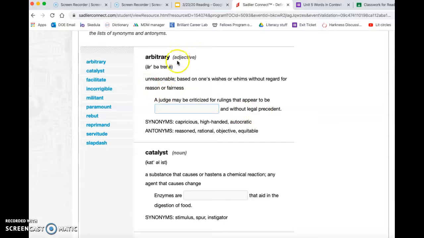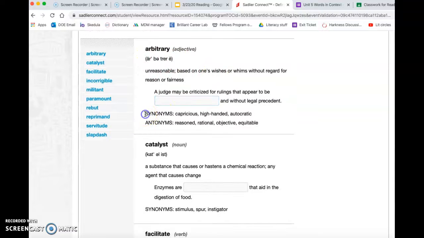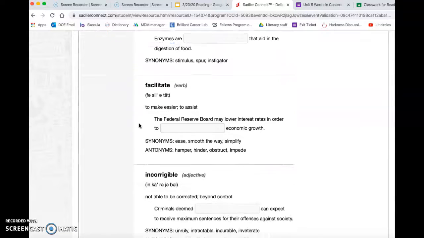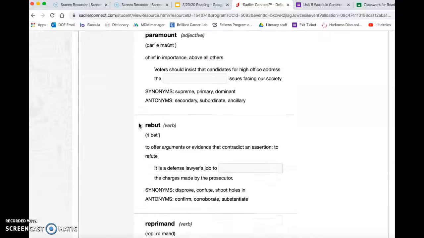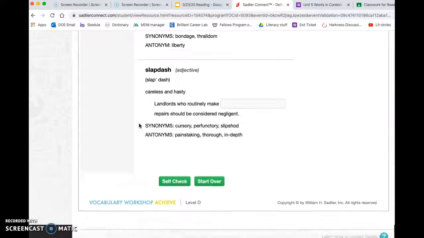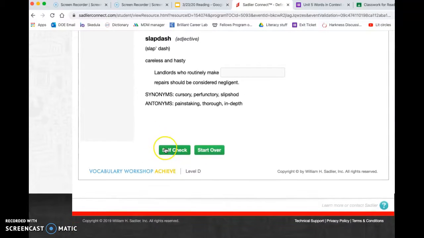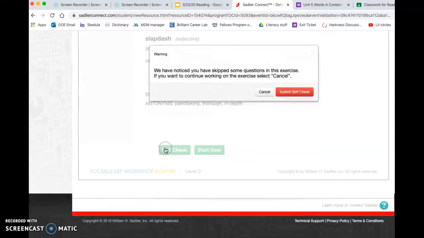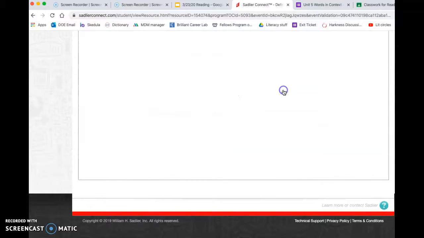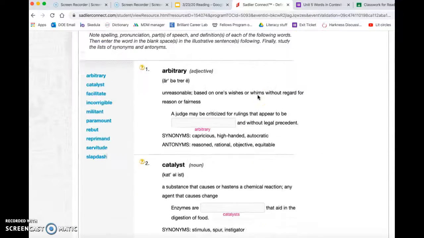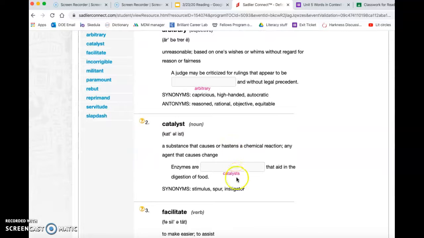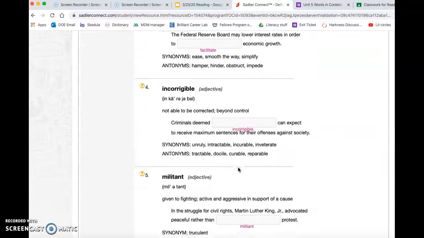As usual, we have the part of speech, the definition, the pronunciation, and then you also have synonyms and antonyms. So you have these for the first 10 words that are in set A for Unit 5. So you're going to complete this page. What's cool about this is that you can self-check it. Once you complete all of these, you can self-check it, and it will tell you if you put in the correct tense of the word beneath in this pink color,